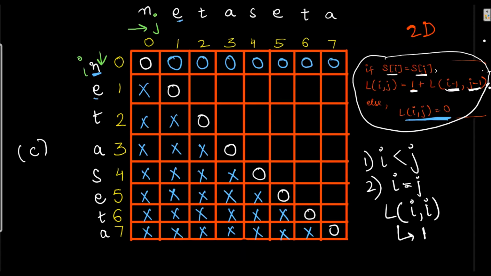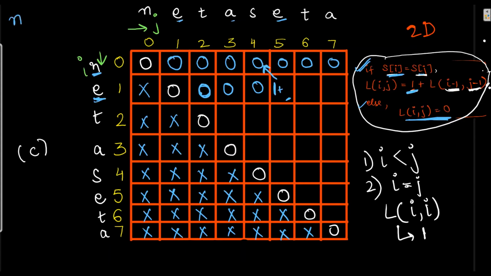Now for the next. Is e matching with t? No. So here it will go to else part and here I'll put 0. Is a matching with a? No. 0. Is e matching with s? No. Now if I see, is e matching with e for this character? That means here we got this if condition. Ith is matching with jth character. E is matching with e. So here I'll take this 1 for this matching and then I'll go to its left letter.